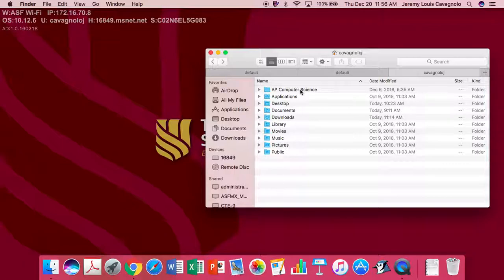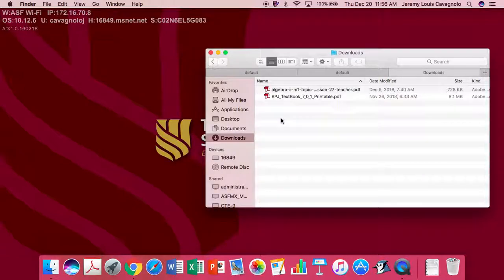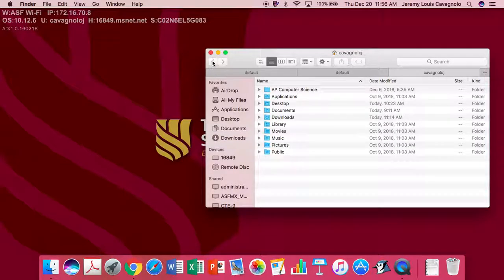And I can also change the directory that I'm in. And the way I do that with the Finder is I just click on, let's say, Downloads, and I can see the contents of that directory. And I can also go back,